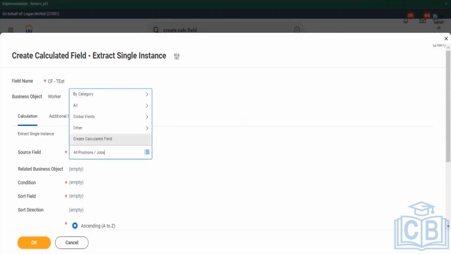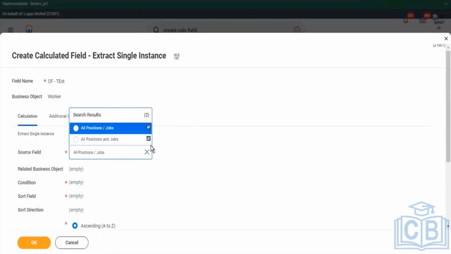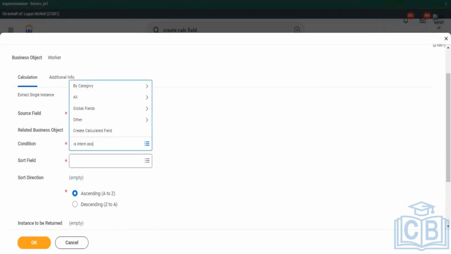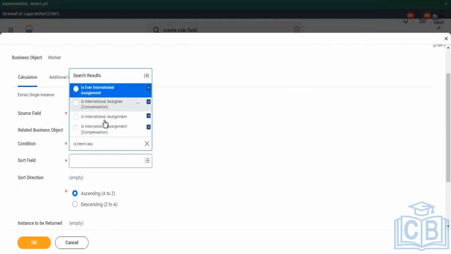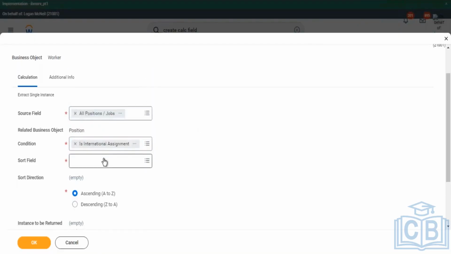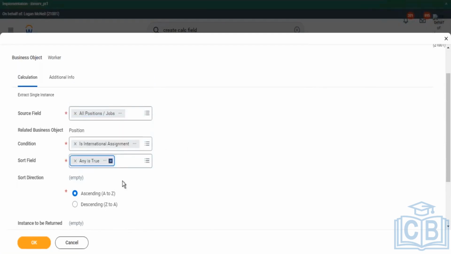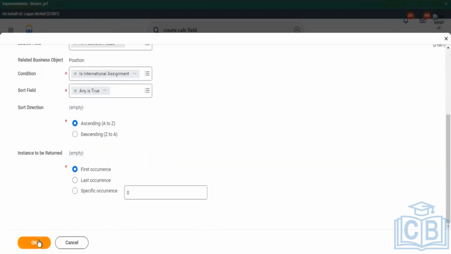This time I'll select the field all positions or jobs. I'll only need those positions. Here I'll select the relevant condition. It's the condition that matters. You'll have to decide whether a condition is required, whether sort. Now here, if you see, sorting is not relevant for me. That's why I'm selecting any and I'm saying,